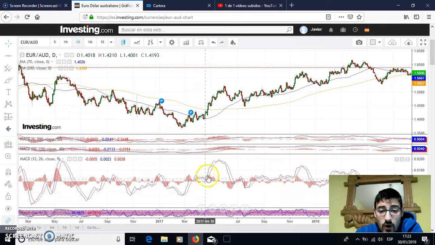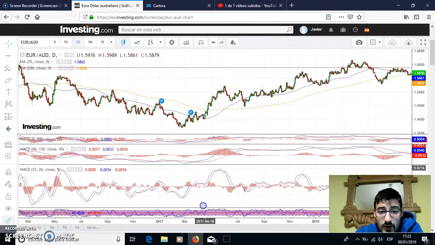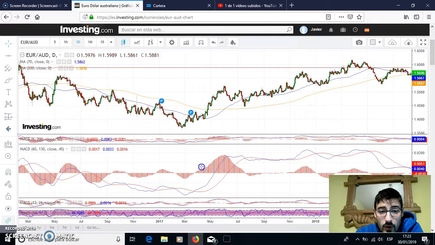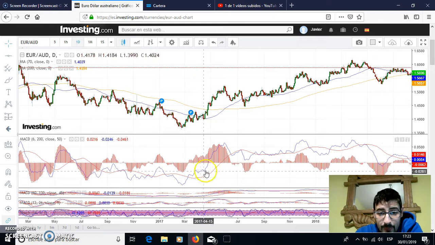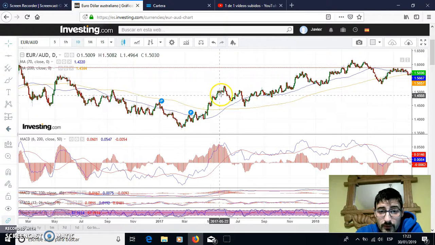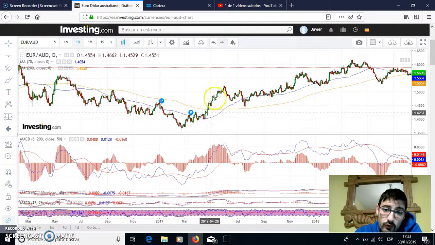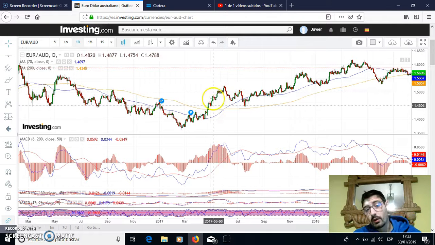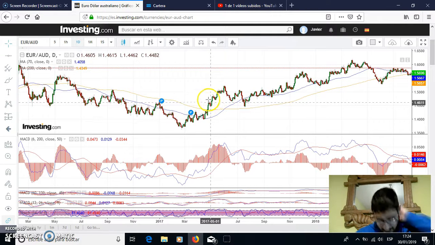The MACD is also going up. Okay, all the indicators are going up. And then we have this fast and strong movement going up, where we can earn some money here. Okay,